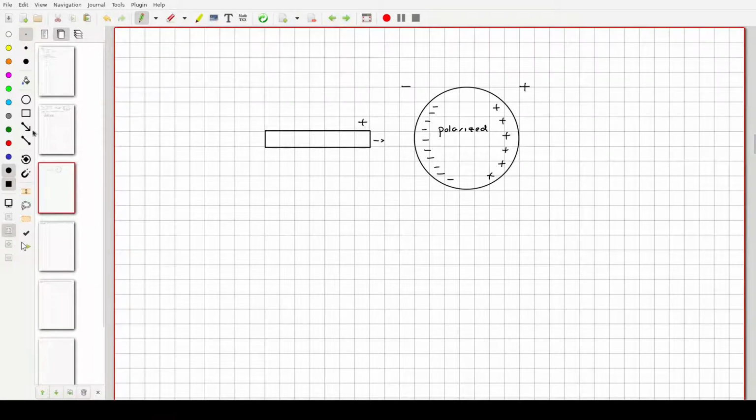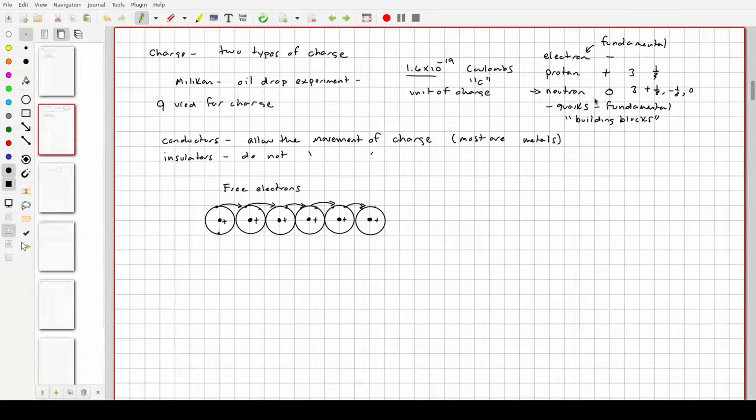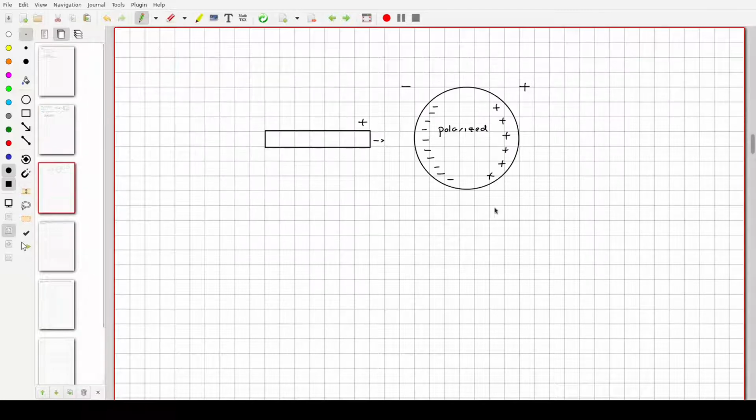Okay? So if you remember earlier when I was talking about the neutron and how it's made out of a positive charge, a negative charge, and a quark that has a 0 charge, we detect the polarization of the neutron. That's how we're able to detect neutrons. Now, if you're in chemistry, that's also generally what polarization means, is that you have regions in which they're overly positive, you have regions in which they're overly negative, but when you add the positive to the negative, you